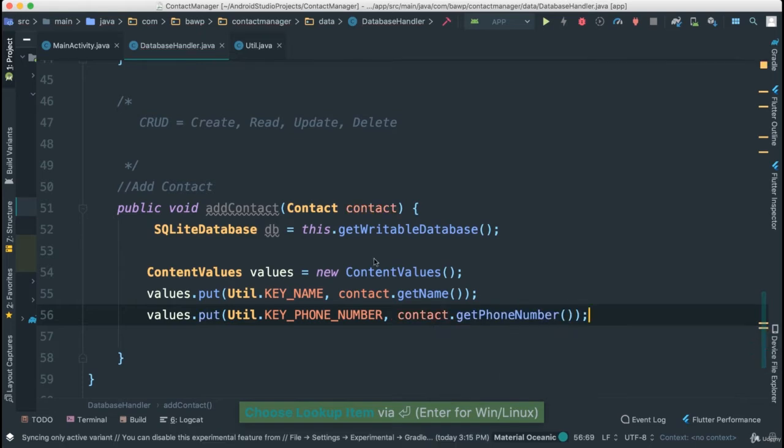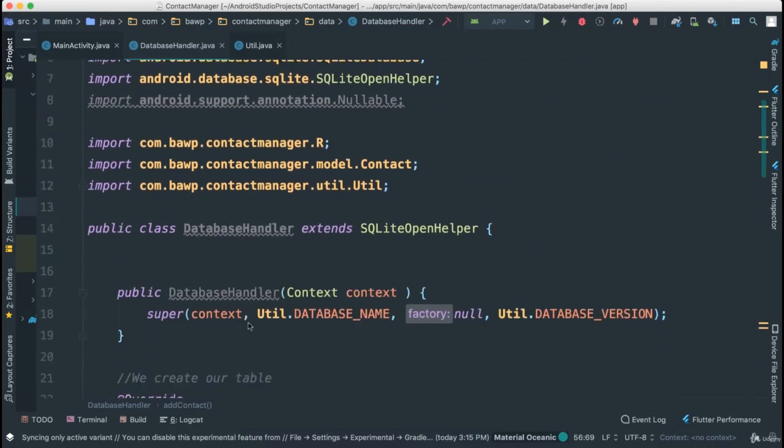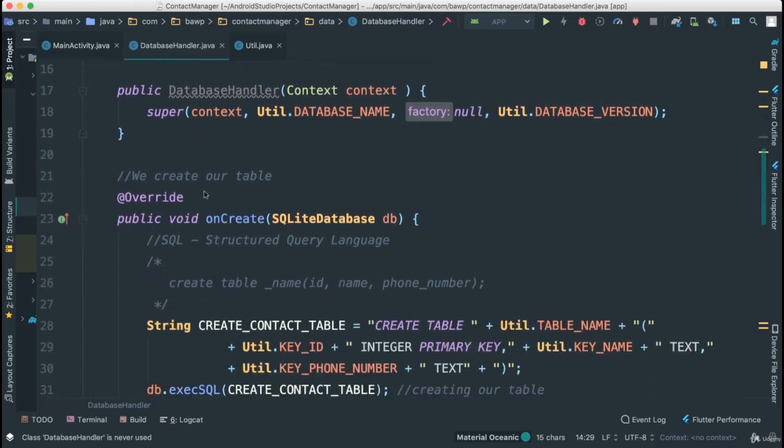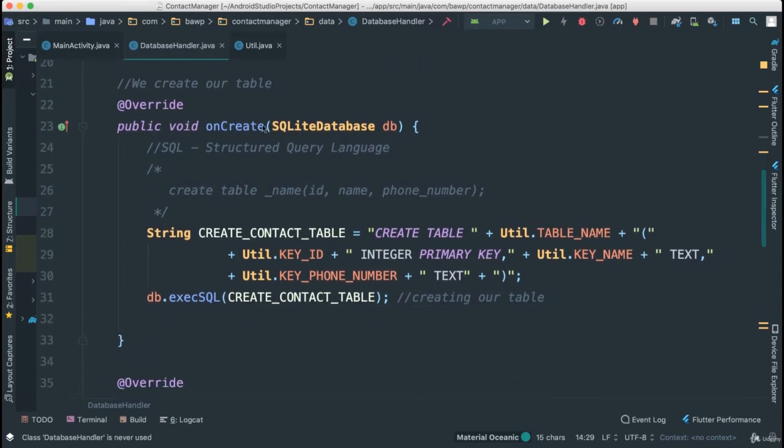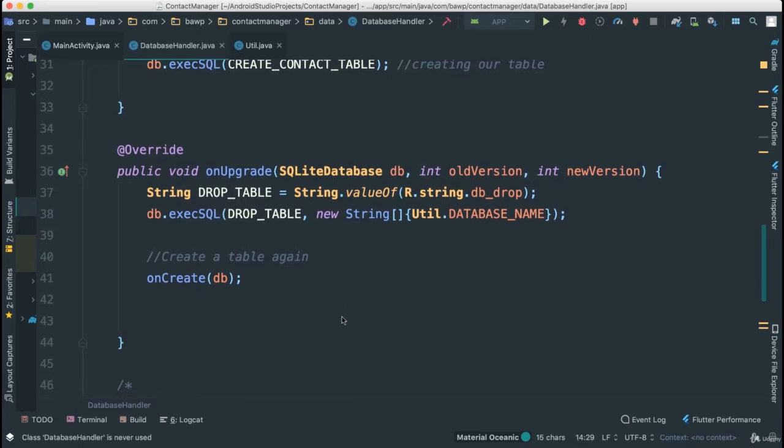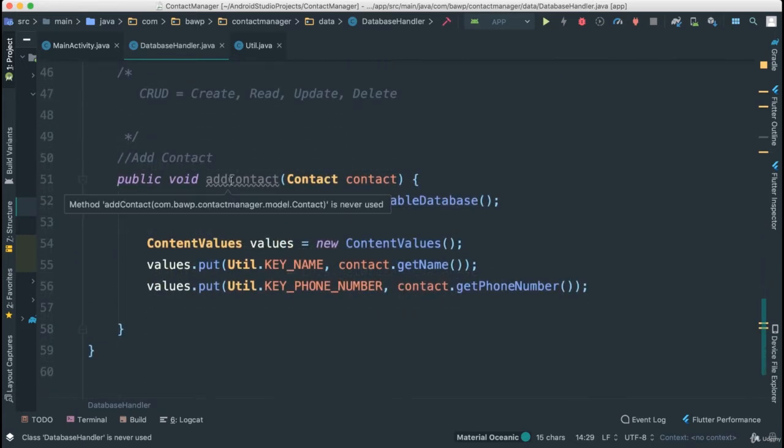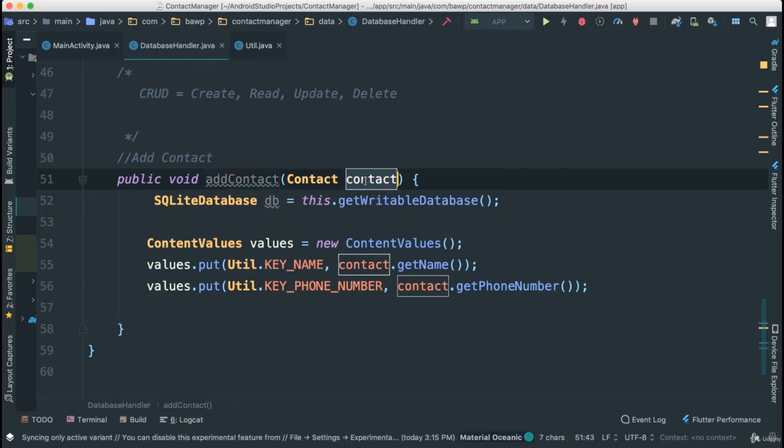So now you can see when we instantiate this whole class here, database handler, it will go ahead and create a database handler for us, create a database, give it a name, a version, and it's going to go ahead and create an actual table as we set it to do it here. And then if it needs to drop, it will go ahead and upgrade and all that stuff. But when we say add contact and we pass an object contact, that's all it's going to do. It's going to go ahead and say, okay, we got a new contact, get the name, put inside of this